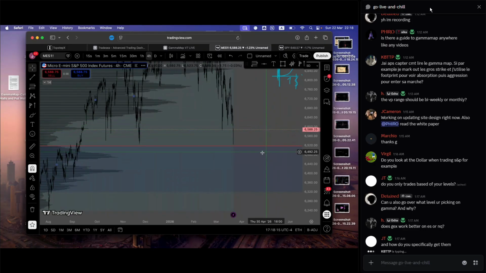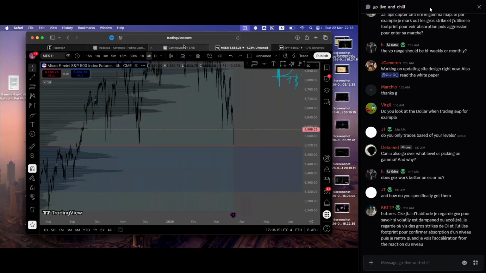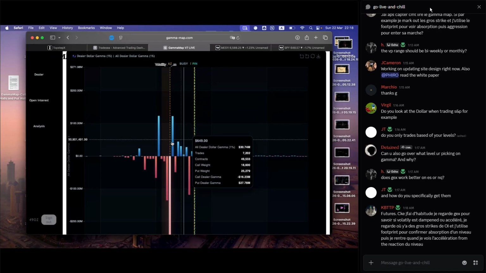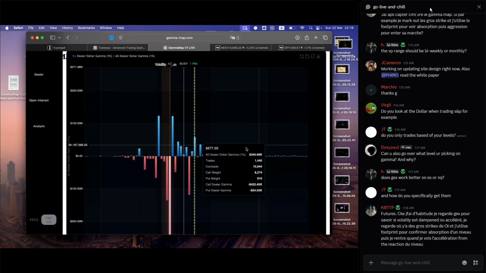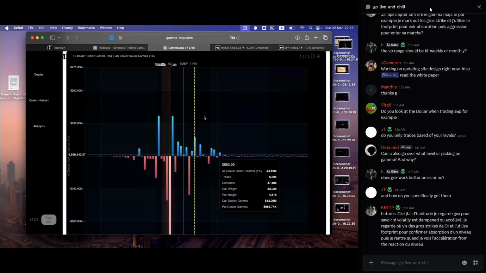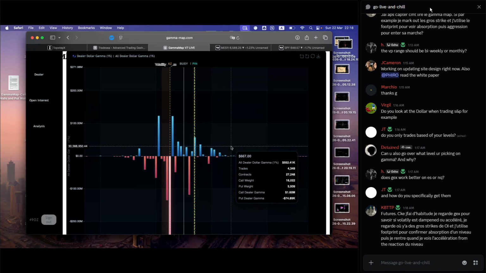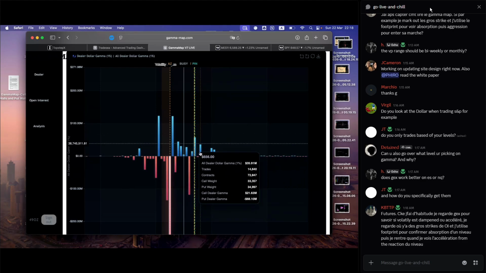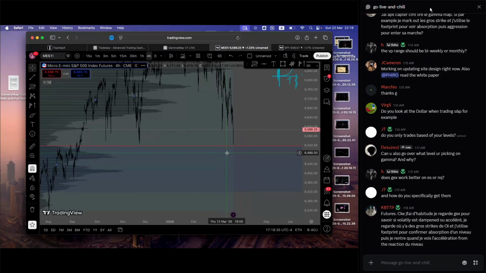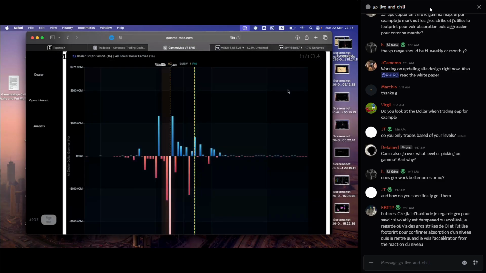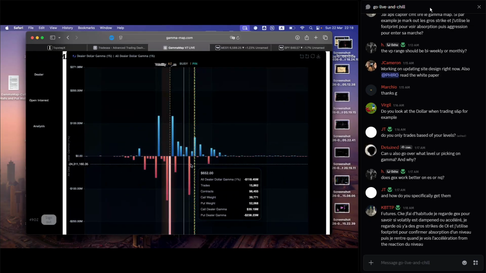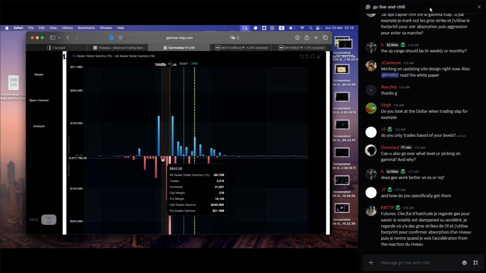So if we go down here tomorrow at around 520, and on gamma map we start going lower, and we see interest build higher, like dealer long becomes higher, this would indicate for me that buyers will take control of this, and we're going to auction higher. And I use SPY to mark out my levels. So I'm going to mark it out just to show you how I mark it.